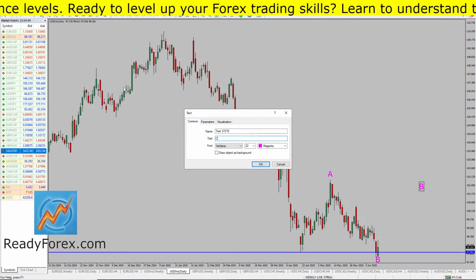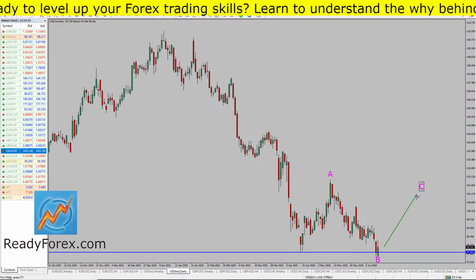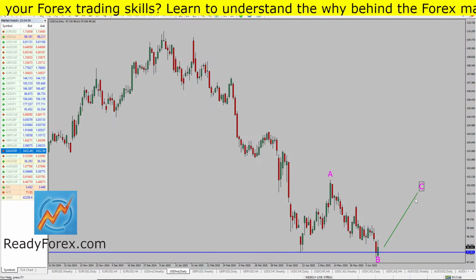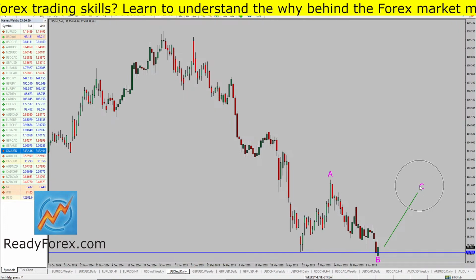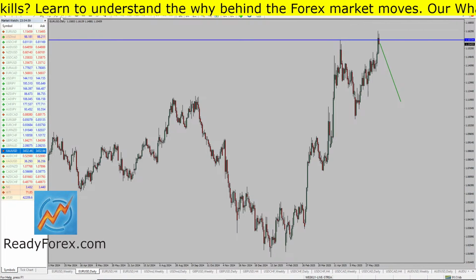The market is probably going to rise up. Let me draw the trend line. So I'm expecting a bullish wave C leg inside the United States dollar index, and this also means that euro dollar,